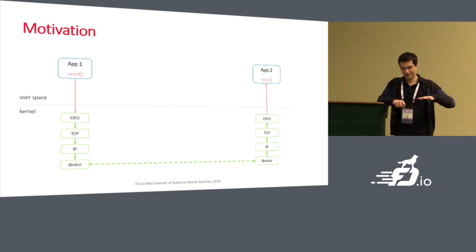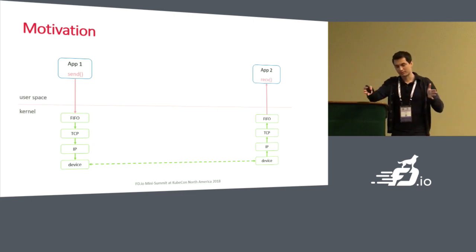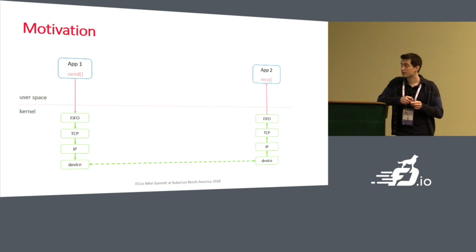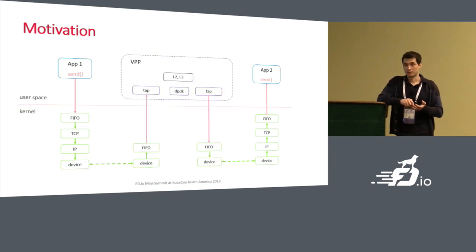Eventually, it hits some paravirtual device. In this case, somehow the data gets to the peer's paravirtualized device, and then the data walks back up into the stack, and finally it's delivered at the end of yet another syscall, recv, in the second application. So I would argue that this is not very efficient. Not necessarily because we use two syscalls just to move data between two user space applications, but because we cross the stack twice.